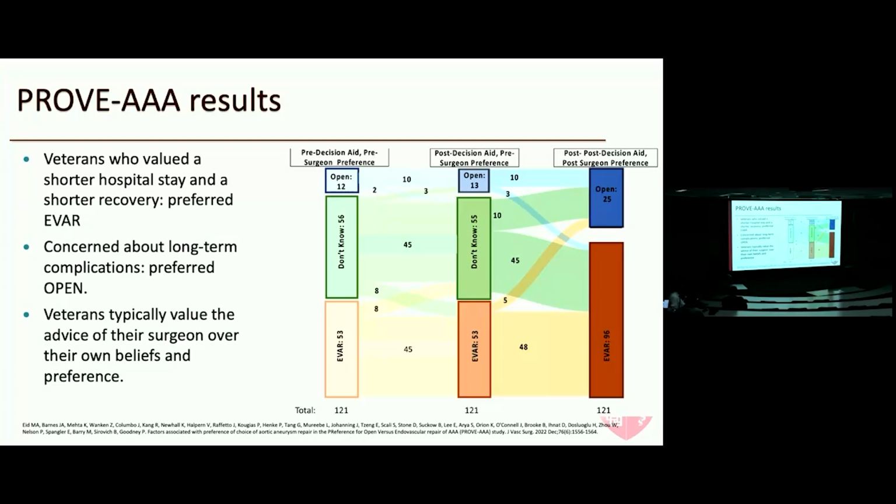So it was a key takeaway for us that veterans, especially in this trial setting, relied heavily on the advice of their surgeons, and you have a very important role to play in terms of how you steer them and how you consider decisions regarding their risk profile and what social support they have and how they recover, and long-term whether they would have good outcomes. Whether we would find the same findings in a private setting, I don't know. It remains to be seen because endovascular repair has pretty much overtaken open repair in a lot of private settings.